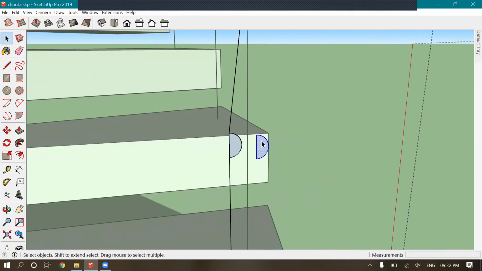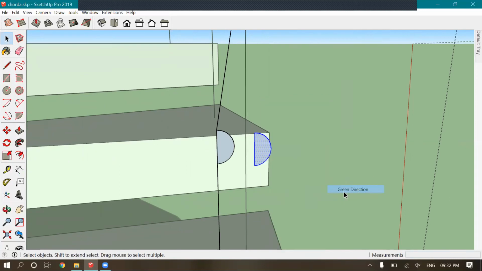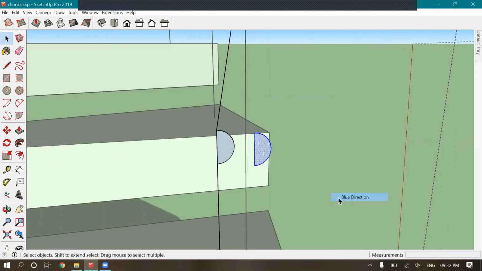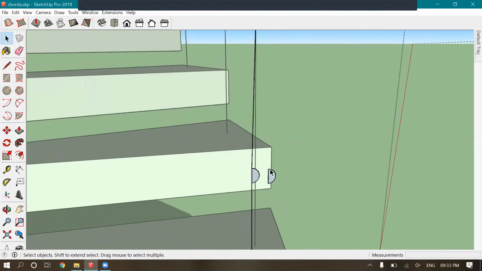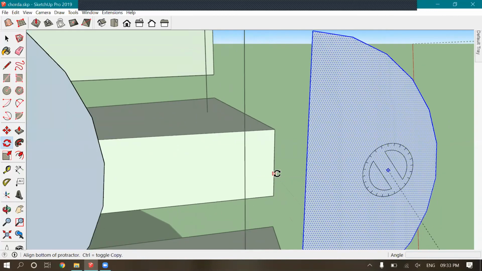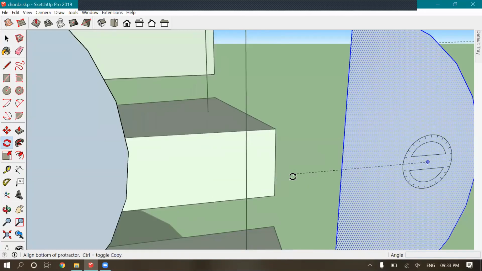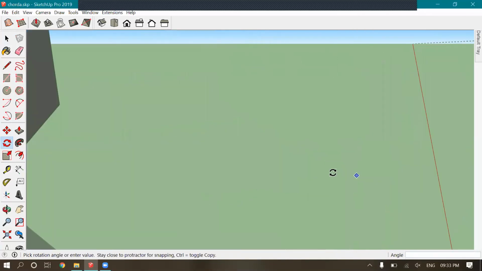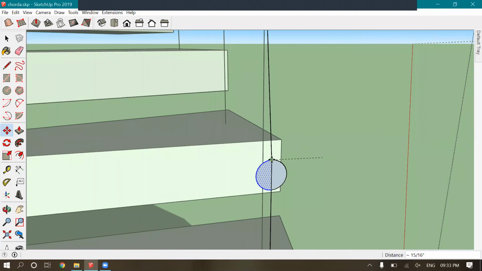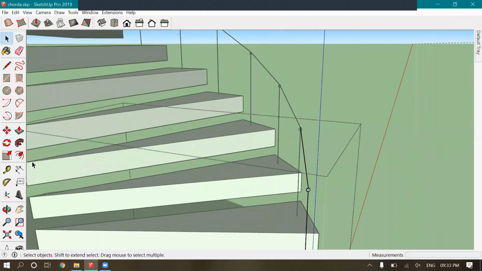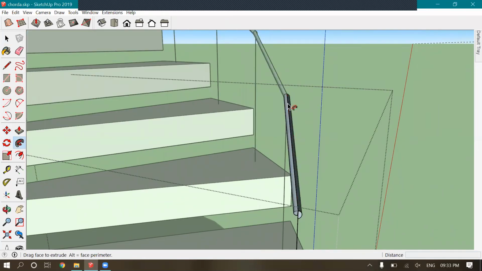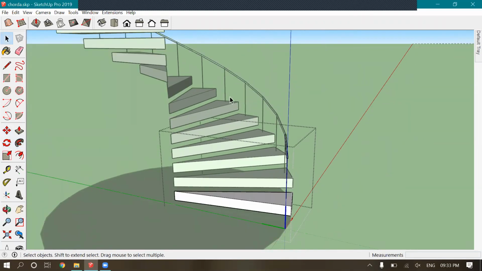So I have to go by this path. And now we'll be using the Follow Me tool, and it will be repeated in every part.